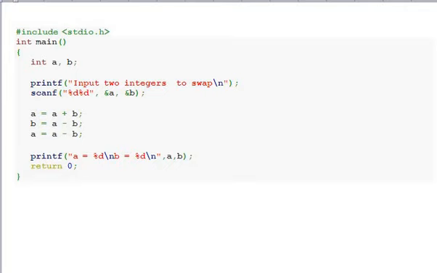So in the first step, a is 30, and second one, b is 10, and the third one, a is equal to a minus b, so 30 minus 10 is 20. Now a is 20 and b is 10. Swapping of any two numbers without using third variable.